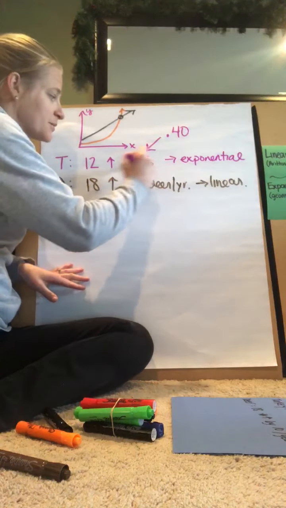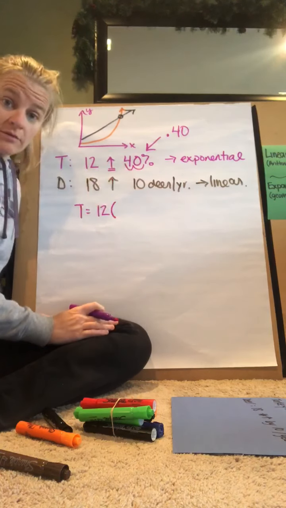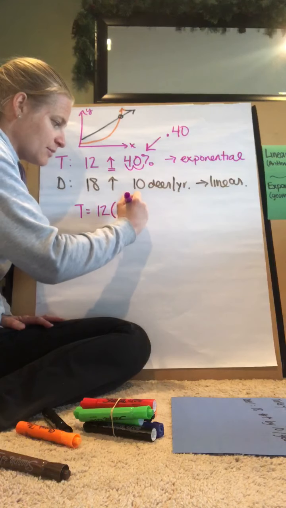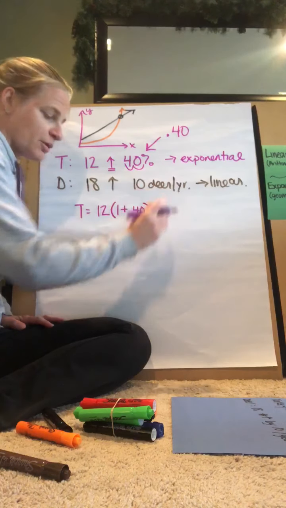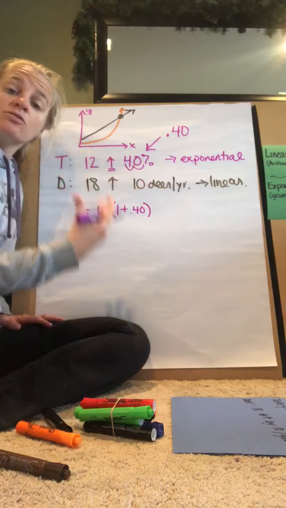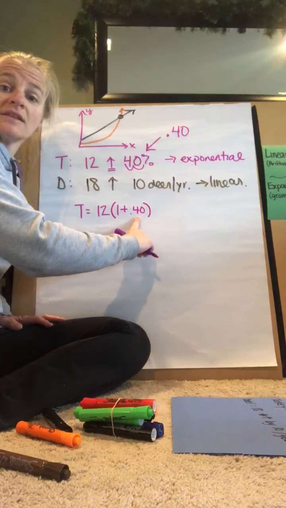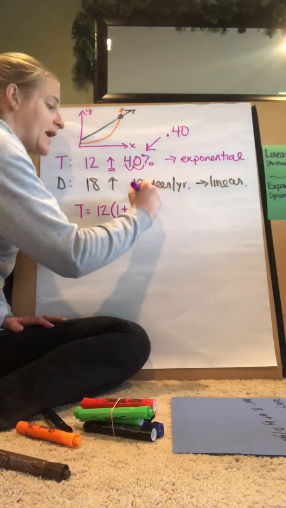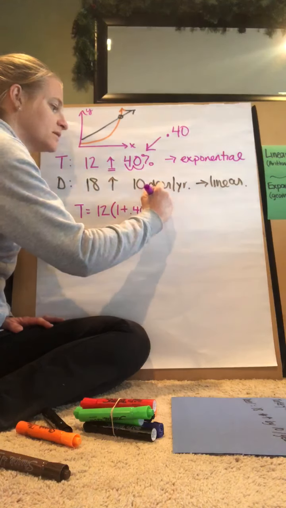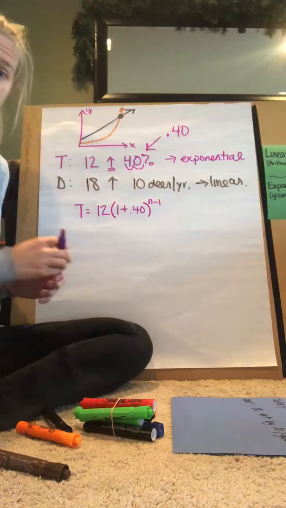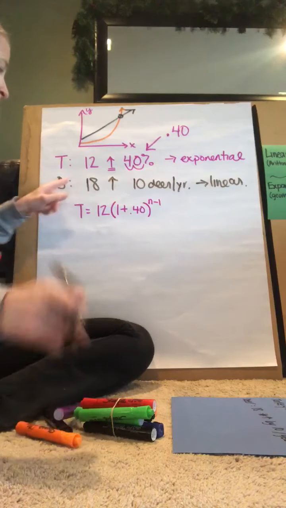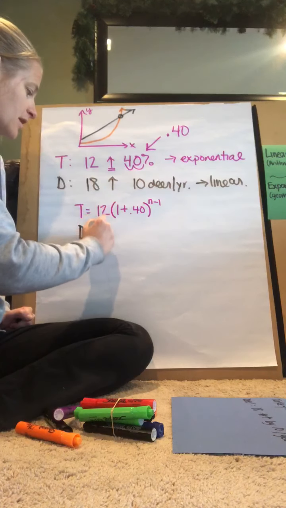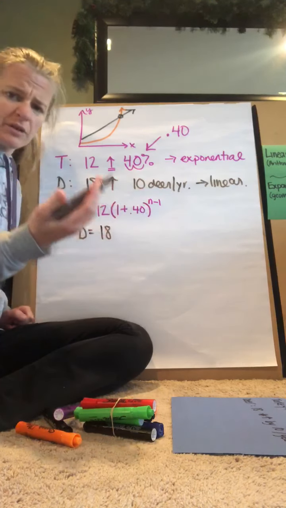Now, because we're experiencing growth, we need to add 1 plus 0.40, or 1 plus 0.4. Okay, this is growth, so we have a 1 plus inside of our set of parentheses here as our base. And then our exponent is n minus 1. Okay? For our deer population, we start at the beginning of the first year